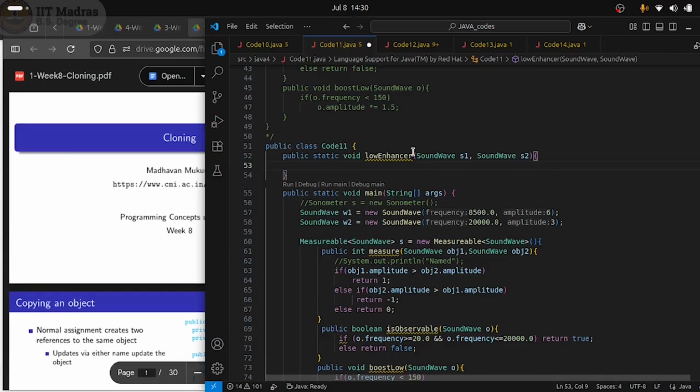I will accept any two waves. That can be a sound wave, that can be a radio wave. So it can be radio wave R1, radio wave R2. It can be sound wave S1, sound wave S2. It can be microwave M1, microwave M2. Whatever. So two objects of that particular type of wave it will accept, and it will also accept a third parameter,